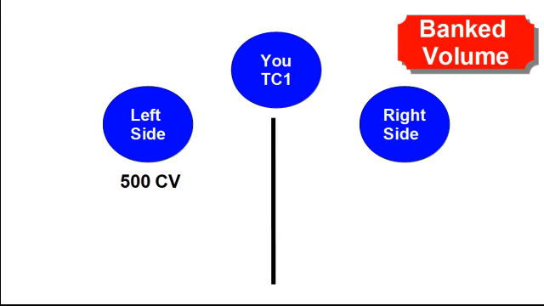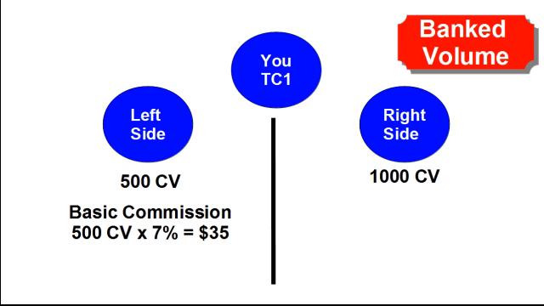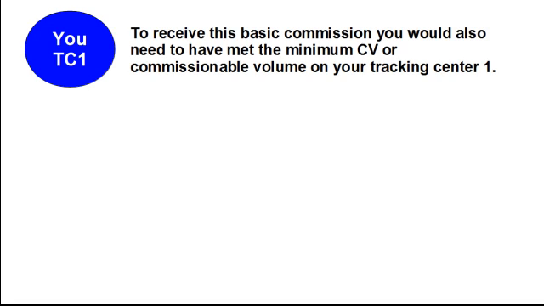Let's say you learn how to apply the sponsoring and placement techniques we teach, and your left side has 500 CV and your right side has 1000 CV. This means your left side is your weak leg, and you would receive a basic commission of $35. 500 CV times 7% equals $35. To receive this basic commission, you would also need to have met the minimum CV, or commissionable volume, on your